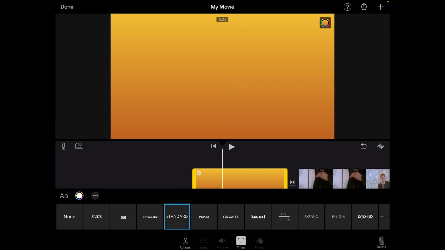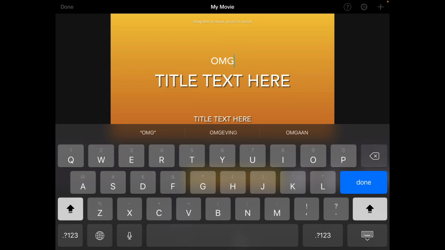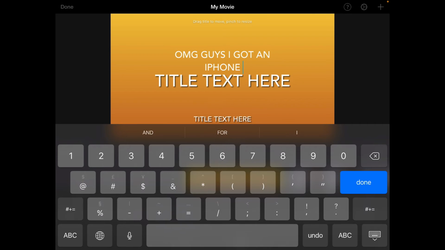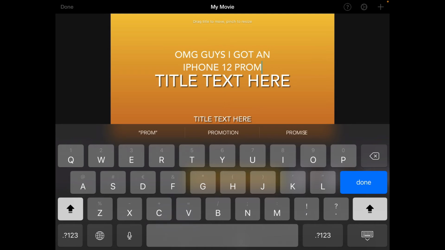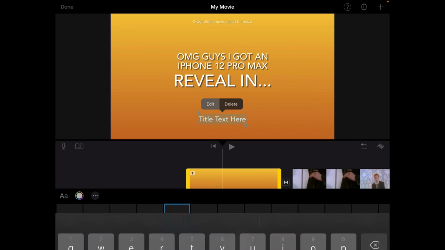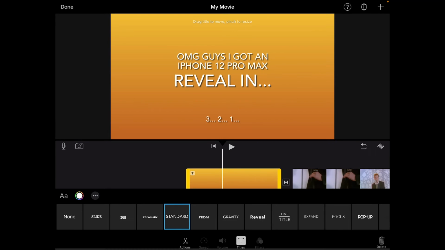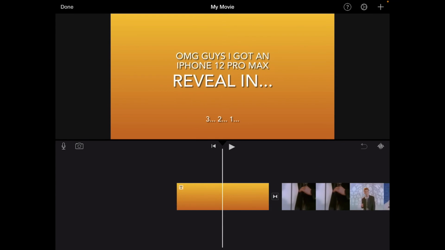Okay, add text. iPhone 12 Pro Max. Reveal in 3. Oopsie. 3, 2, 1. Done. Okay, so when you have done that,